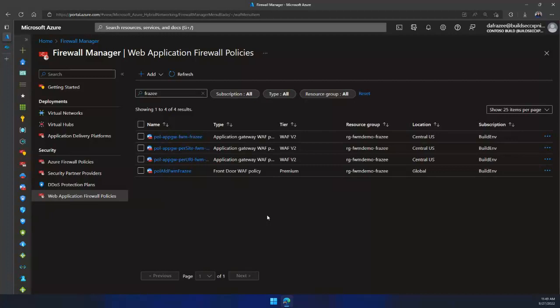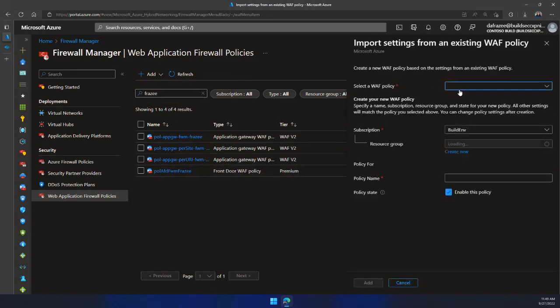So really quick way as well, I can see the 3 policies that I've created for my application gateway. I can see the 1 policy that I've created for the front door WAF. And if I want to create a new WAF policy, I can do that. But if I want to clone a WAF policy,